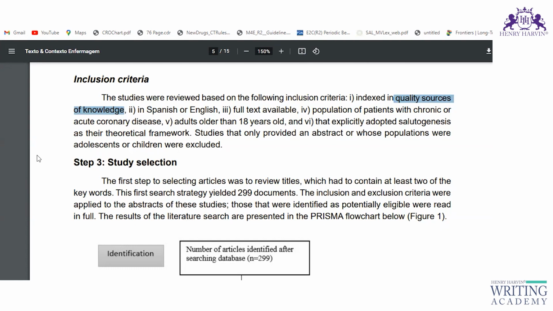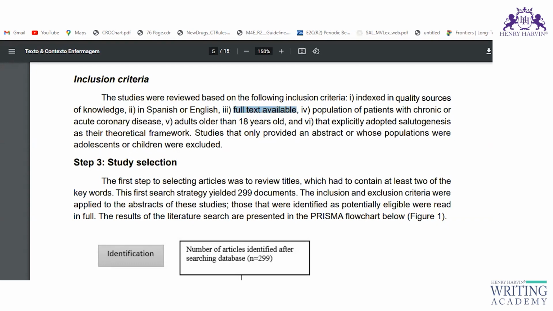Now, as this article is published in 2 languages, that is Spanish or English, the authors have considered that the articles should be published either in Spanish or English. But if you're writing in English only, then you have to mention that the article should be published in English. Then full text available. Full text available means, now you must have searched for the literature,